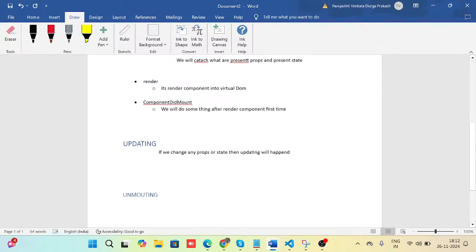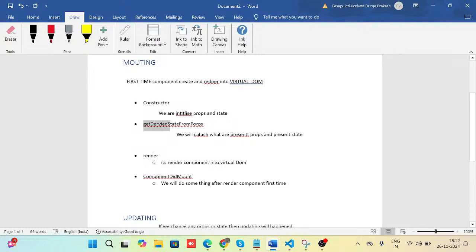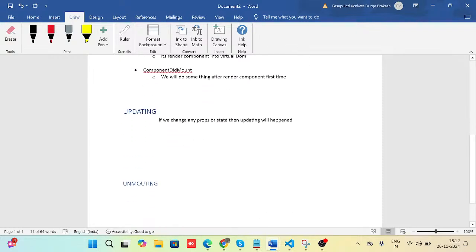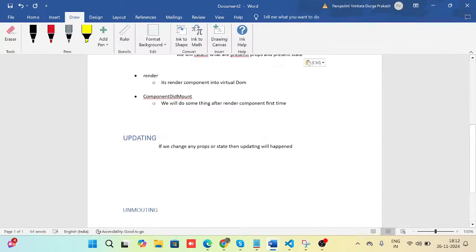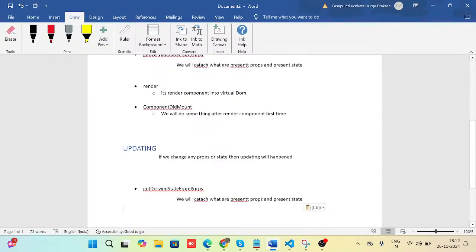In the updating stage we have some other methods. The first method is getDerivedStateFromProps. This method will be called again if you change any state or props. The next one is the